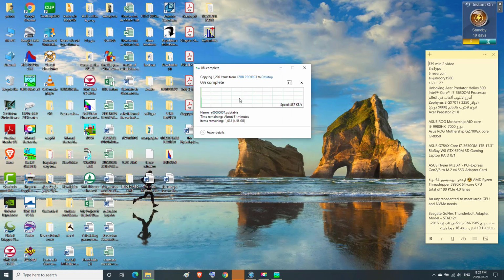Note, in addition to this project file titled LaserZap, we also need to add the other associated files which already exist here on the desktop in the project file titled LZRB project.